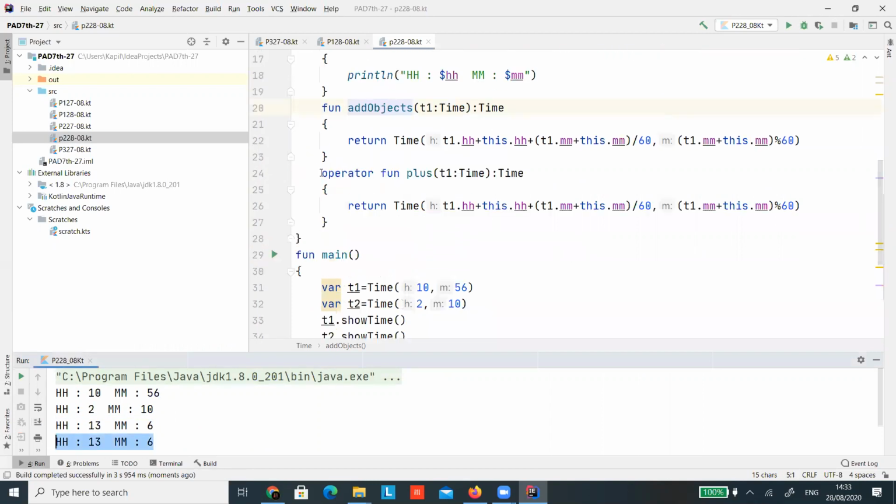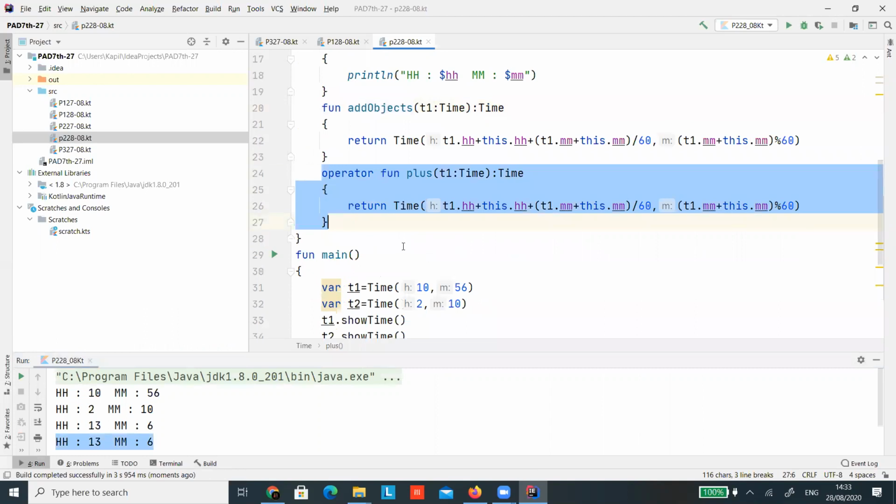So this is another concept, and this is called operator overloading. And surely this will help you, because while creating many projects, sometimes we need to work with this operator overloading kind of concept. So this is only for plus, okay? The same way, if you use the word minus, then it will work for the minus symbol.